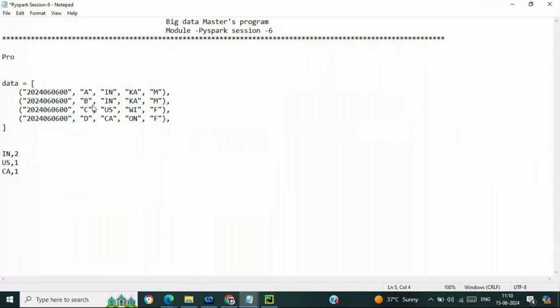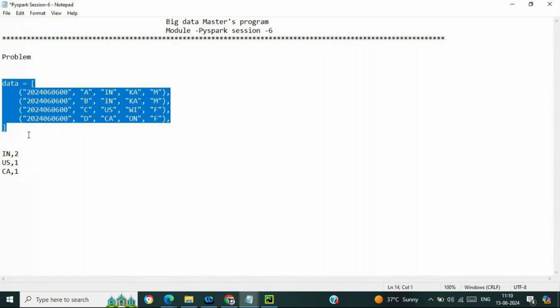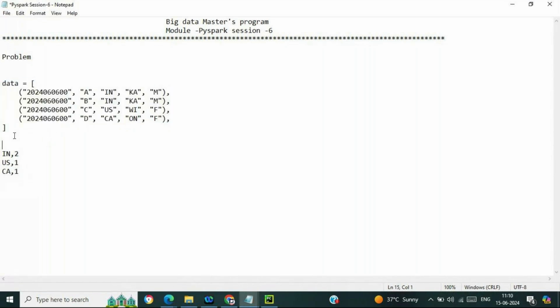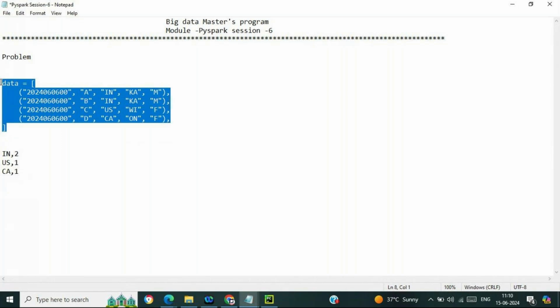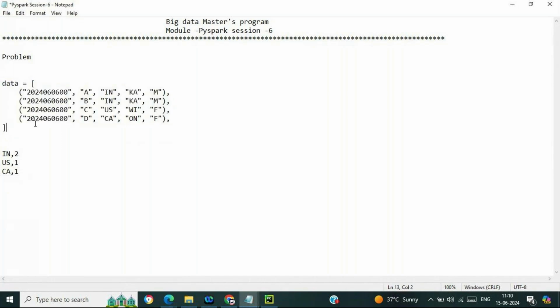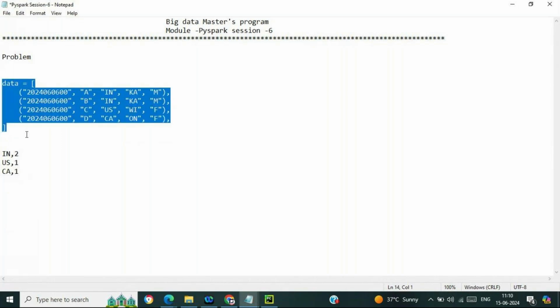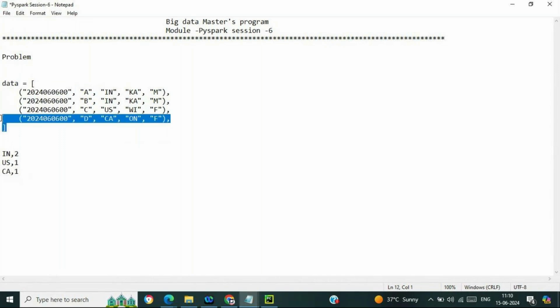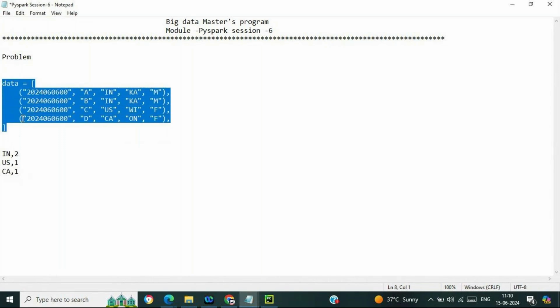problem 1. Sometimes it will be asked during the interview. At this moment we are going to cover it with the help of RDDs, but in our upcoming session we will try to solve this problem with Spark data frames and Spark SQL. At this moment we will try to solve it with RDDs.